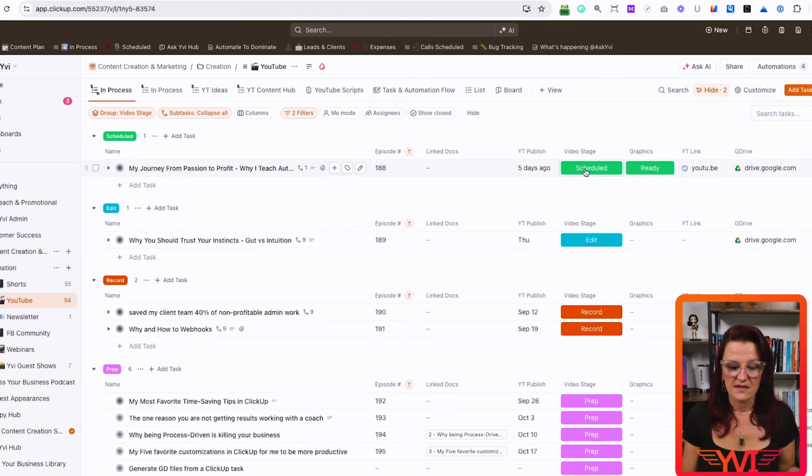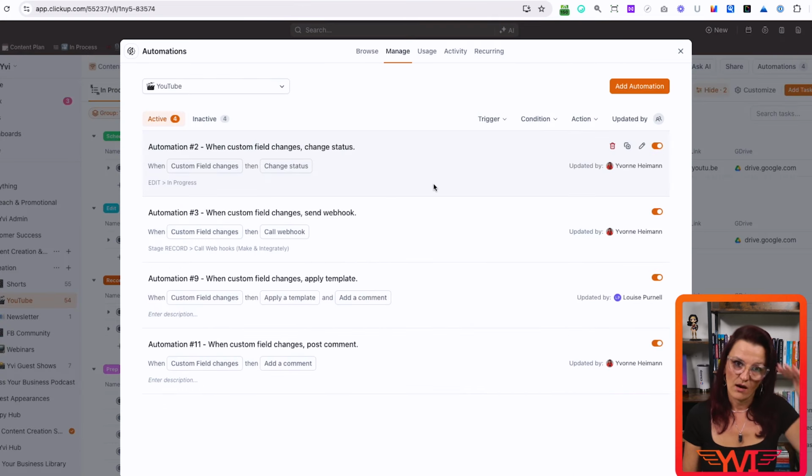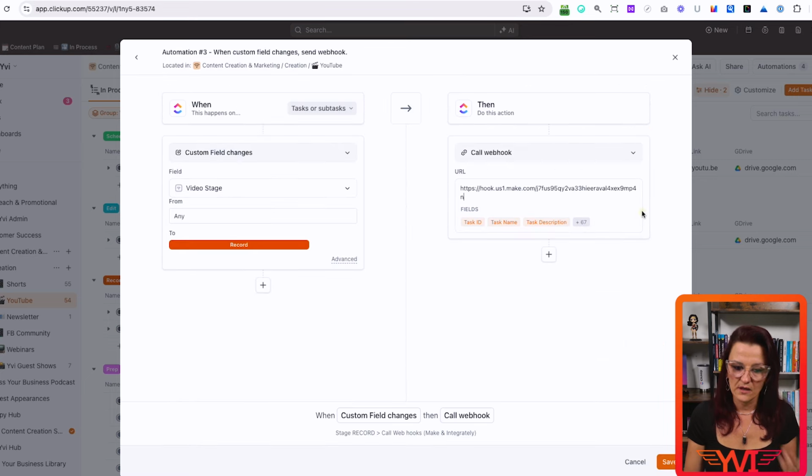And stay tuned. I will also show you how you can make blueprints, which is pretty much a template, and apply them to your Make account so you don't have to rebuild all of this. When we are in here, this video stage is actually our trigger. Meaning when that drop-down field changes, we do something. So if you look right in here, we have when custom field changes from anything to record, we are calling